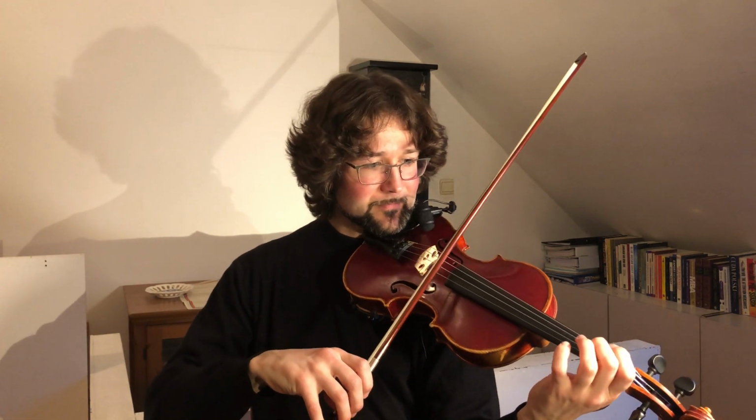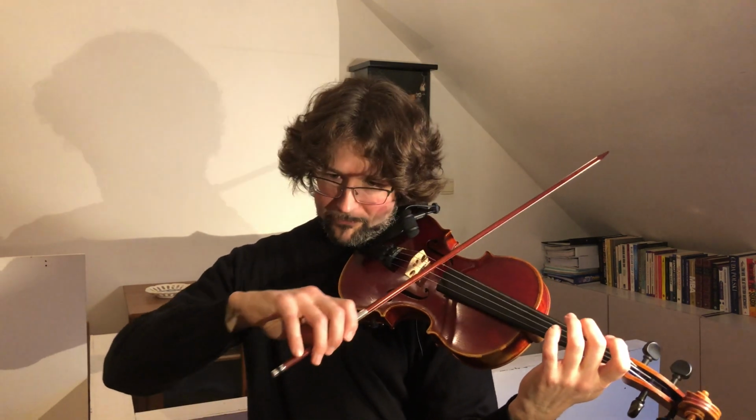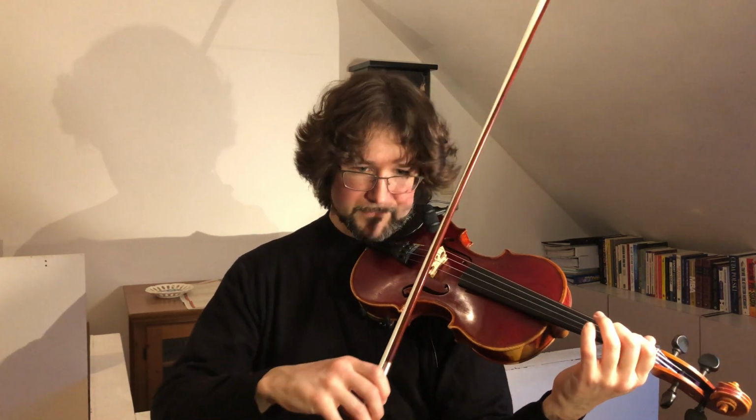You can make another inversion where we use the 3rd note of the chord as our basis. So that will become, that will become, and then